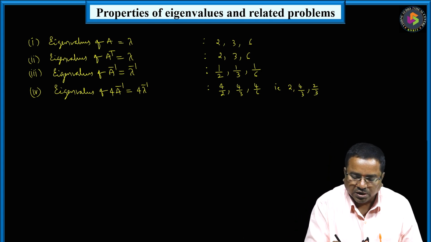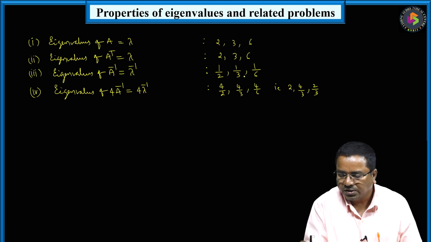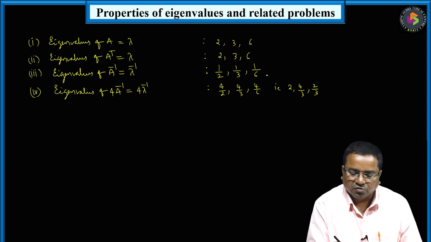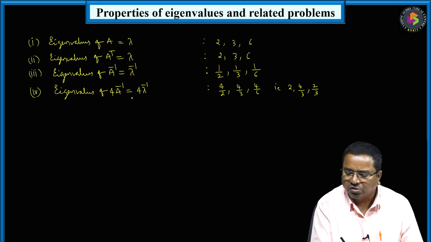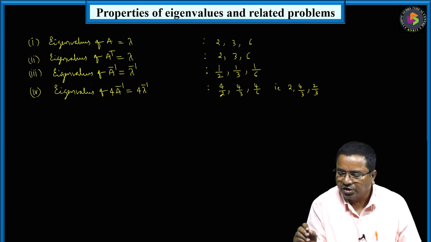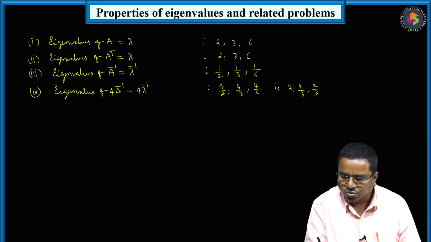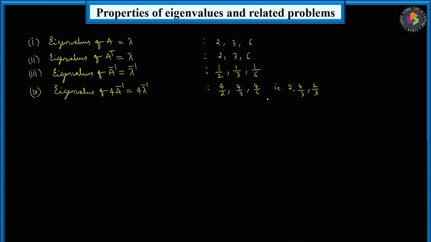We know already what are the eigenvalues of A inverse: 1 by 2, 1 by 3, 1 by 6. So therefore, if you know the eigenvalues of a matrix, then how will you get those of 4A inverse? Multiplying each eigenvalue by 4 will give the eigenvalues of 4A inverse. So multiplying with 4, this is 4 by 2, this is 4 by 3, this is 4 by 6, which is 2, 4 by 3, and 2 by 3. You will get this one. The next one, the fifth one,